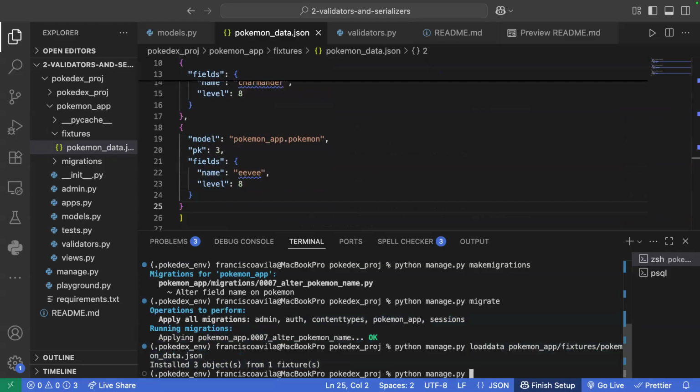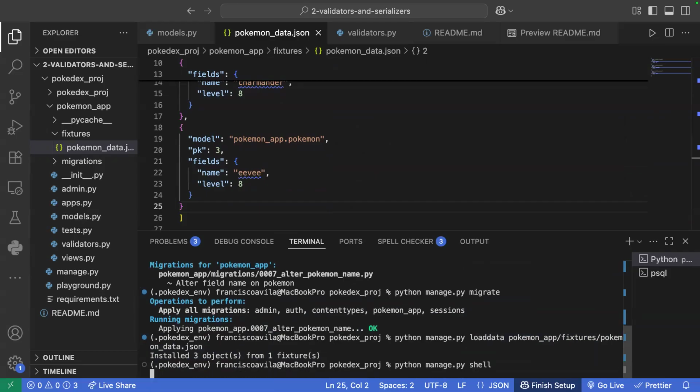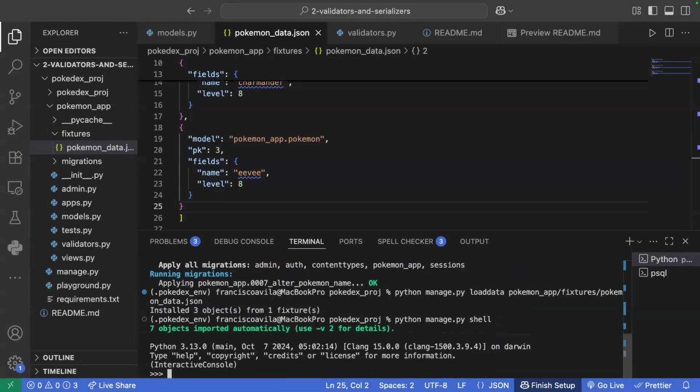Let's go python manage.py and go into, oh man, what is it again? Shell? There you go, thank you. Shell, right? And I enter my shell. All right, Subgen objects automatically imported. Okay, what object were those? Cool. Anyway, let's go ahead and go from